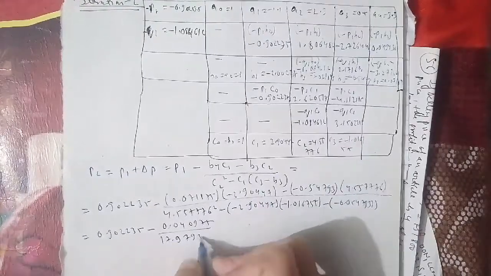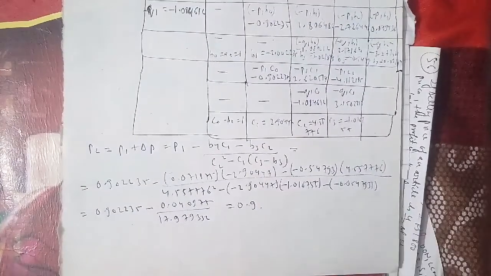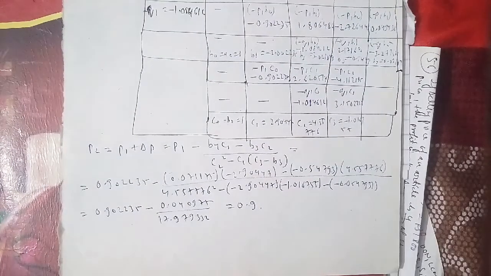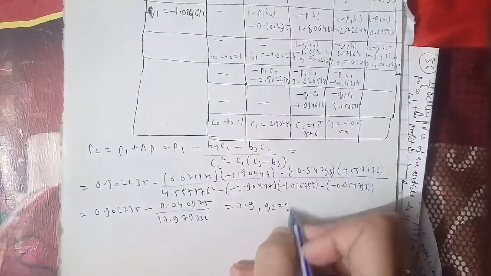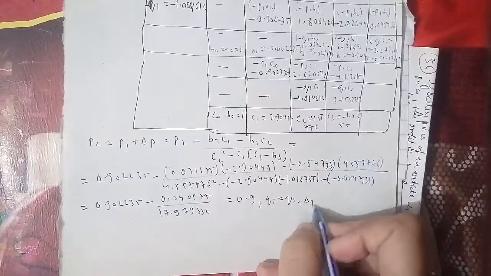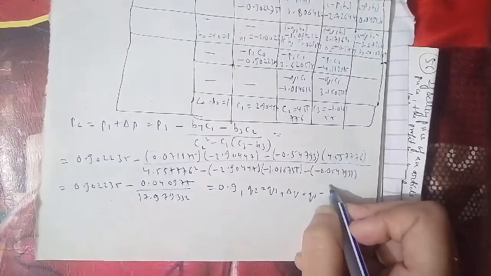We put the value here: minus 1.084612 minus 0.054793 minus 1.016755 minus 0.054793 minus